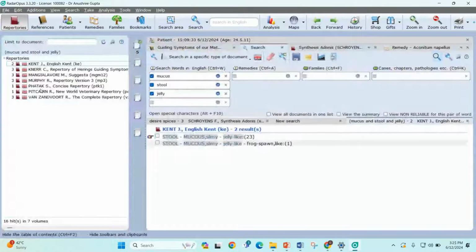So this rubric has been opened from these different repertories. So you can choose your rubrics from here. I'm just selecting the rubric, dragging and dropping to add it in the clipboard.